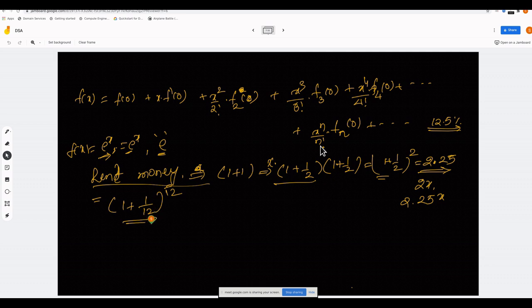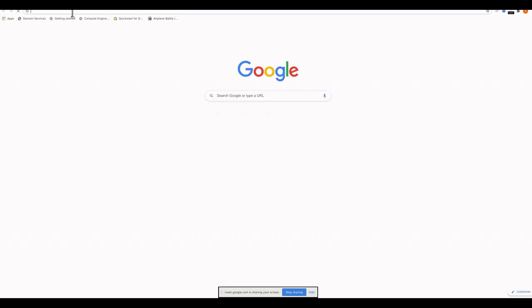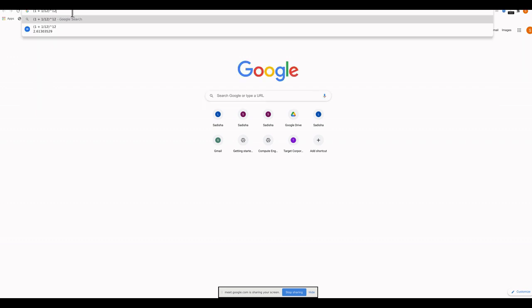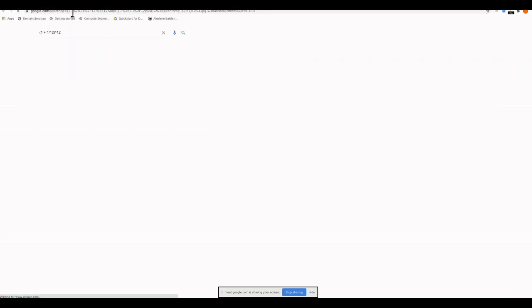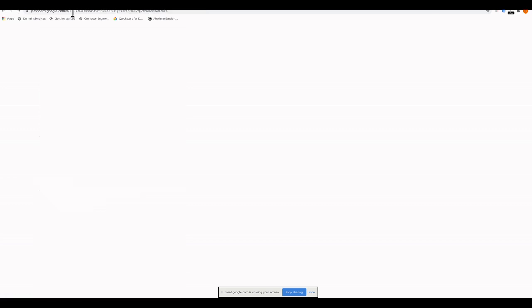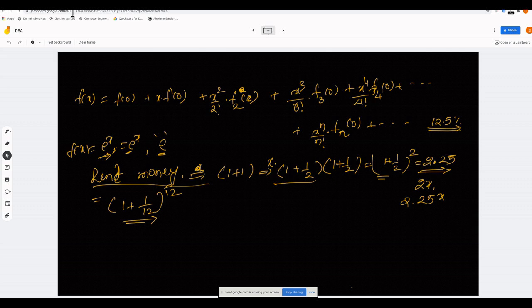So theoretically, if you keep going like this, how much can you charge? How much will you get? So what is (1 plus 1 by 12) power 12? Let me think. So 1 plus 1 by 12, and power 12. Okay, so this is 2.6 times, right? Which means 30% more than what you would have gotten otherwise,